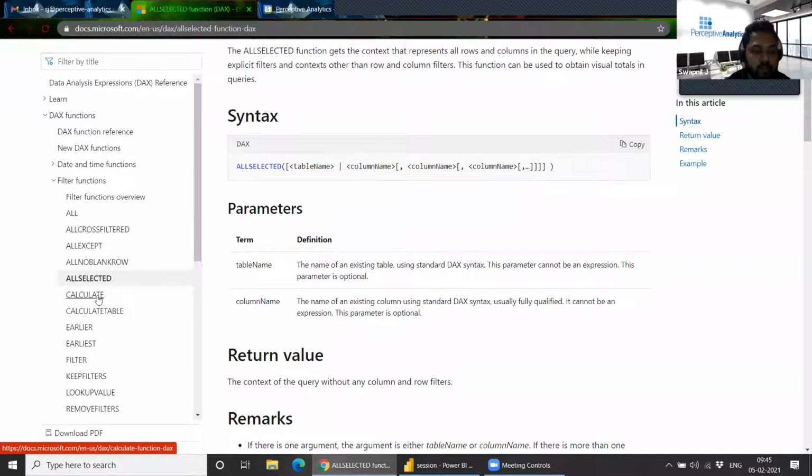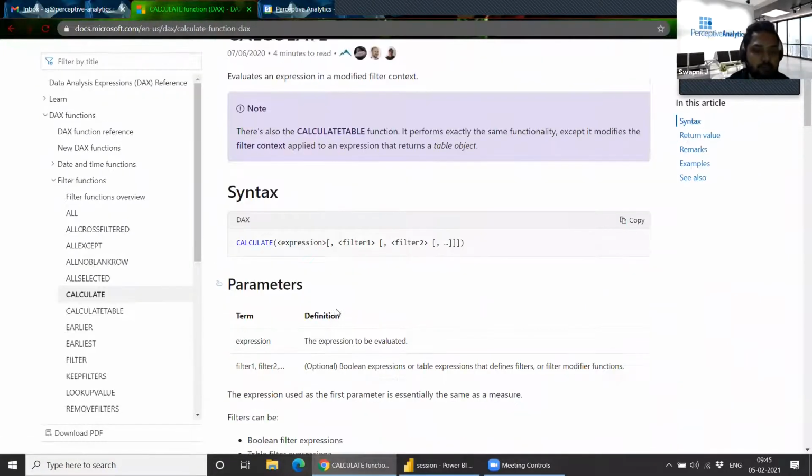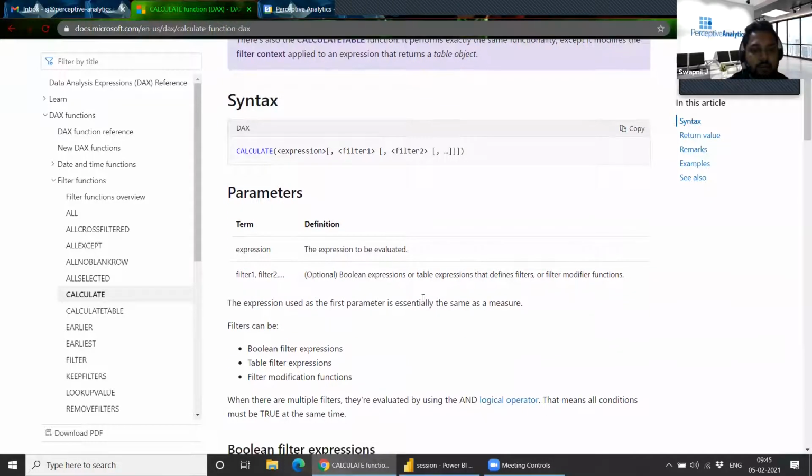And then we have this calculate function. This is the most used function which we have. Let's say if you want to do a sum or a maximum or minimum with a certain condition, like in a SQL query we have a where clause. So if you want to do any function and you want to have a certain condition to it, you can use a calculate function and give your expression. Let's say I want a sum.